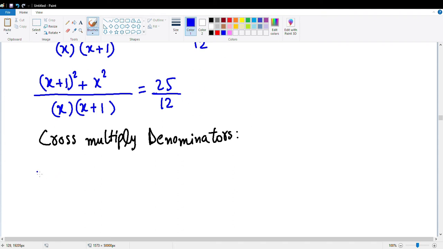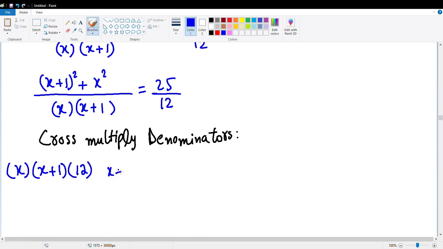So when we do that, we're going to multiply 12 over here. And actually, better yet, in a more understandable way, I'm going to write it like this, into 12, which is this denominator,